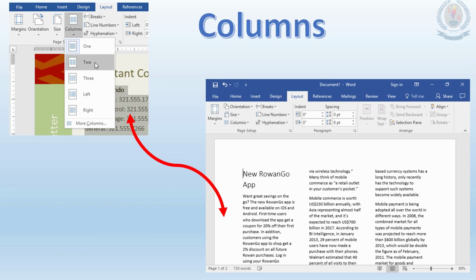And then we are going to learn what columns are. This is not the columns in tables. This is how we divide our text into columns. This option is in the Layout tab. In the Layout tab you will find this Columns option. Once you click that, you will find how many columns you want, 1 column, 2 columns or 3 columns. Here it is 3 columns, right? So you can select the type of columns you want, then the text will adjust according to the columns.